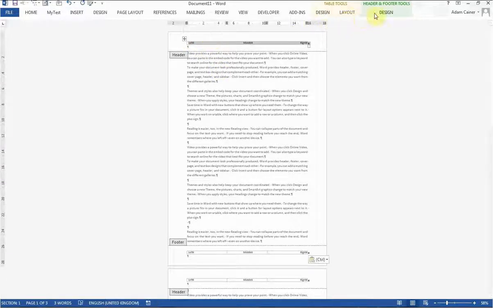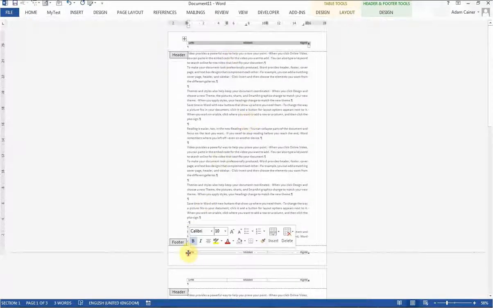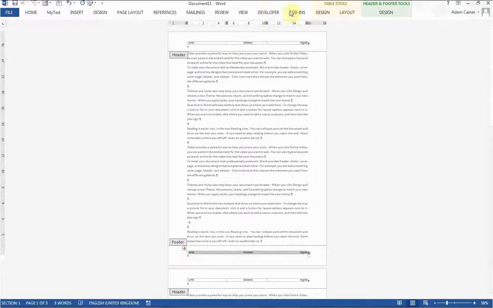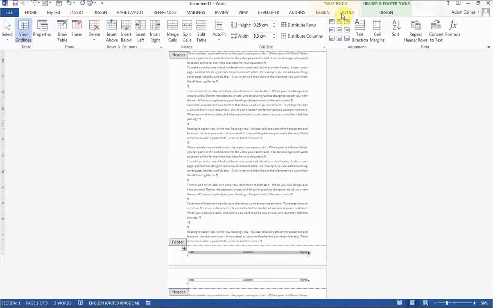The table now has to be set with a layout so that the auto fit will auto fit to the window being the width of the page. And I'm going to do the same thing to the footer. Design, layout, auto fit to the window,